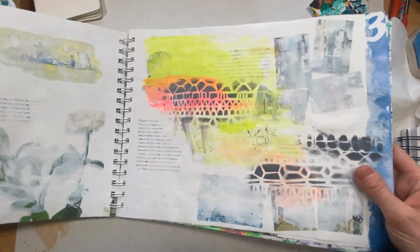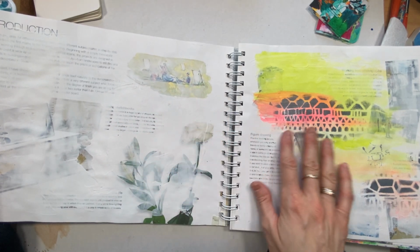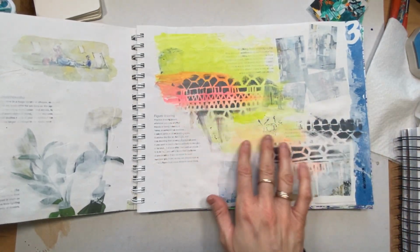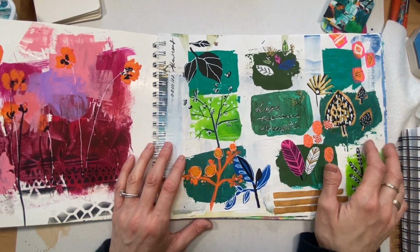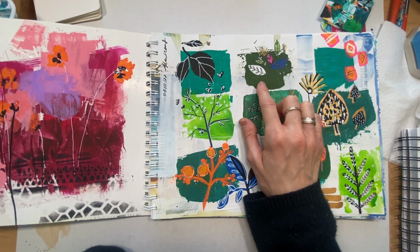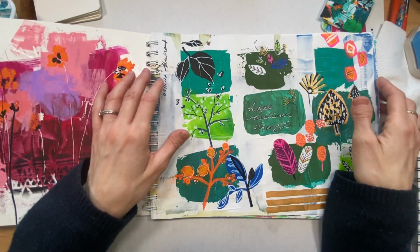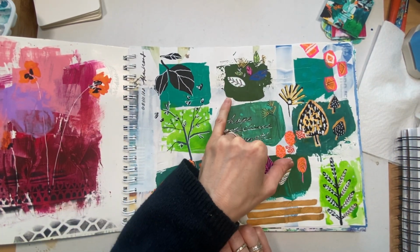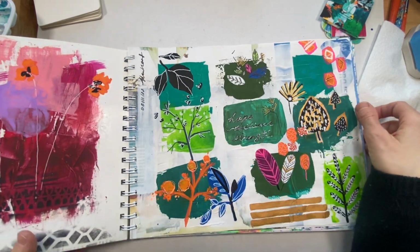This is an example of a spread right here that has the gesso, and it's sort of like running your fingers on a chalkboard. I had just started this with some stenciling, but I wanted to revisit this. I love how I was just putting down, without all the detail, without all the mark making, a solid color. So the turquoise, the darker army green, turquoise again with subtle polka dots,